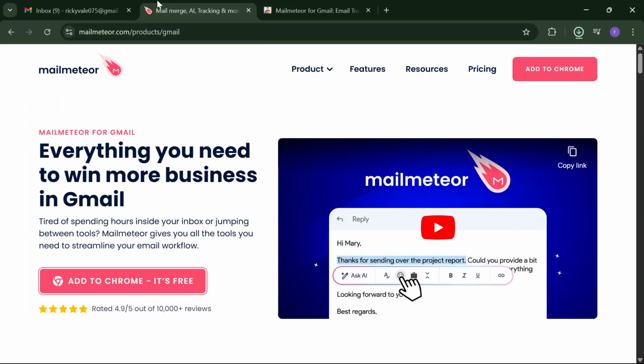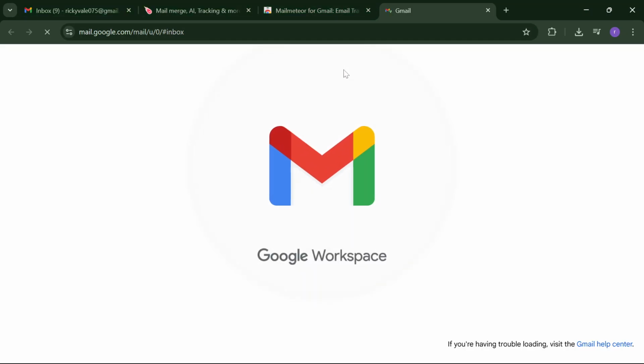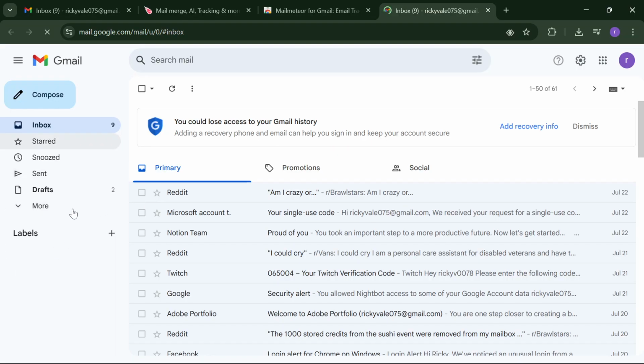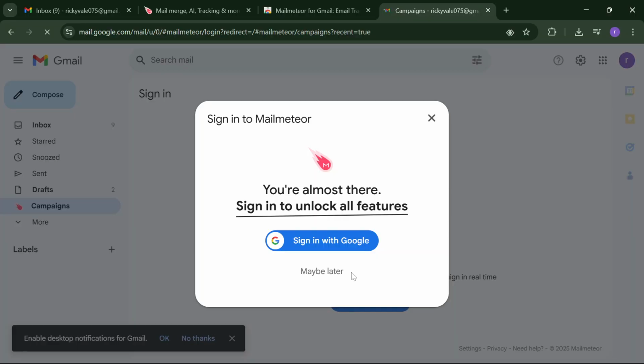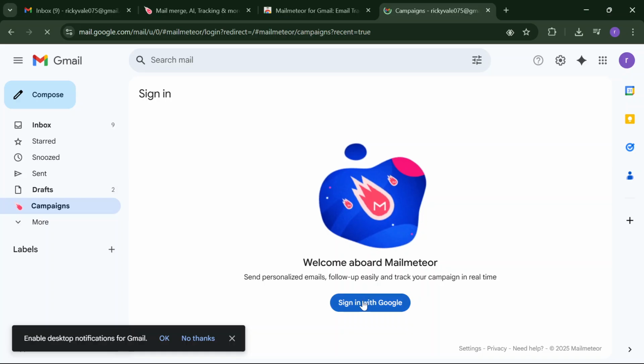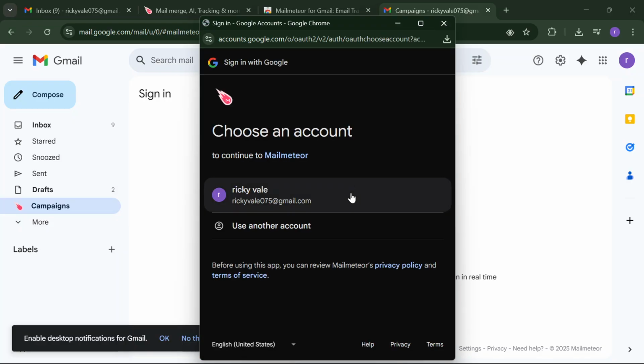And after it's successfully added to your Chrome, you just have to go to your mail or the Gmail mailbox, and then you have to see there will be options here like campaigns. You just have to simply click on campaigns and click on skip and click on maybe later and sign in with Google. You just have to simply click on here, and after that you just have to sign in with the same account of the Gmail you have